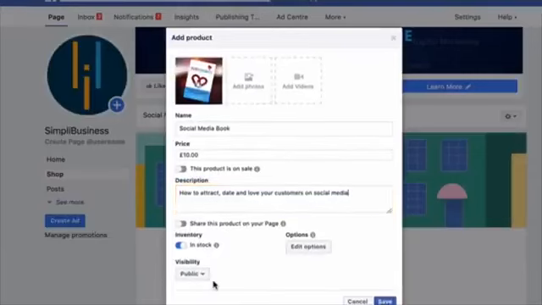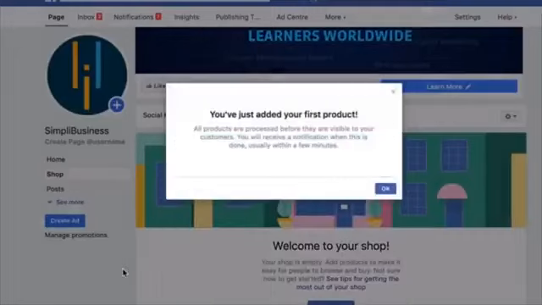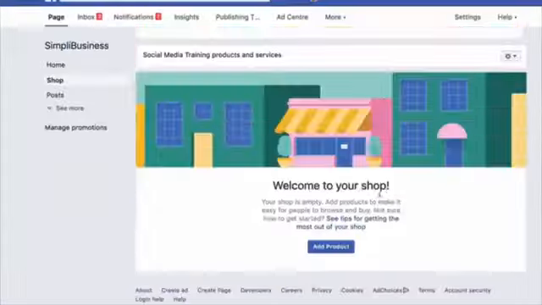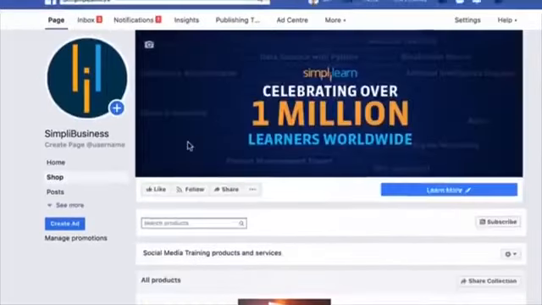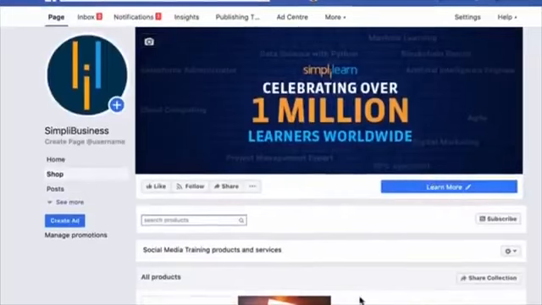I'm going to leave these as standard options, and I click save, and now I have my first product added. And I can add more products. Here you see how the product features in the product list. I can add my next product